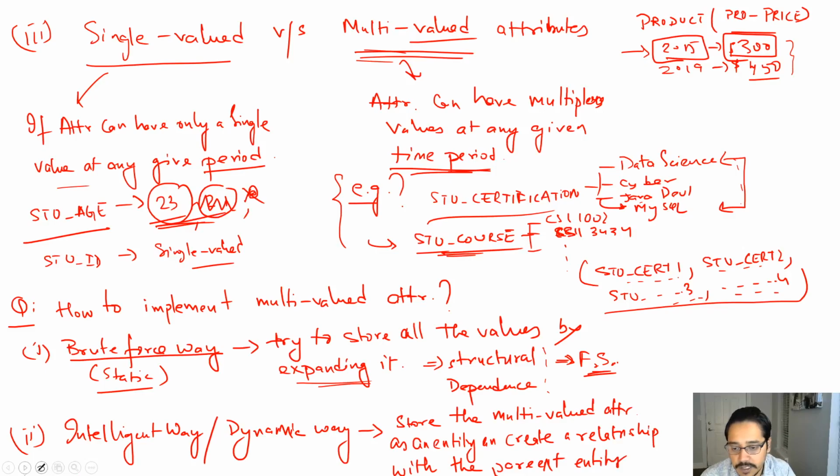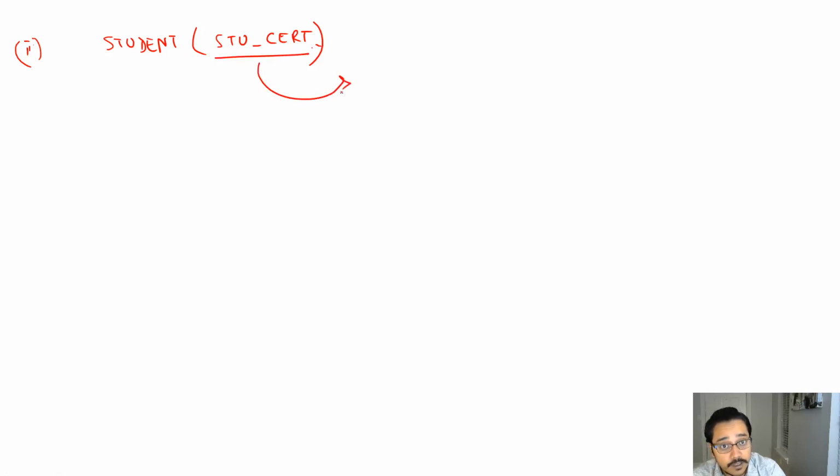So what this means is that now, instead of having it as an attribute within the student entity, instead of having this multi-valued attribute called student certification, and then other entities are also present, what we're going to do is we're going to take this out and create an entity out of this. Okay, give it some primary key, give it the value of the certification, that is, let's say, type of certificate